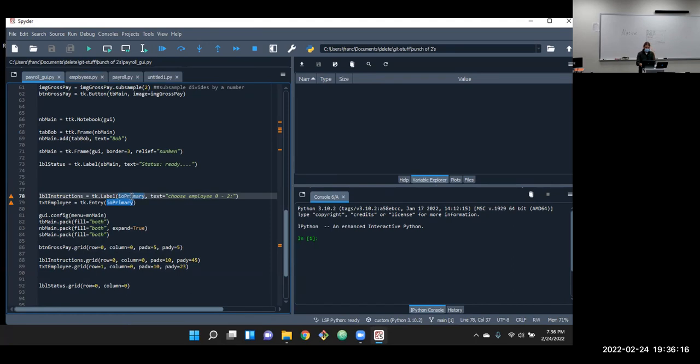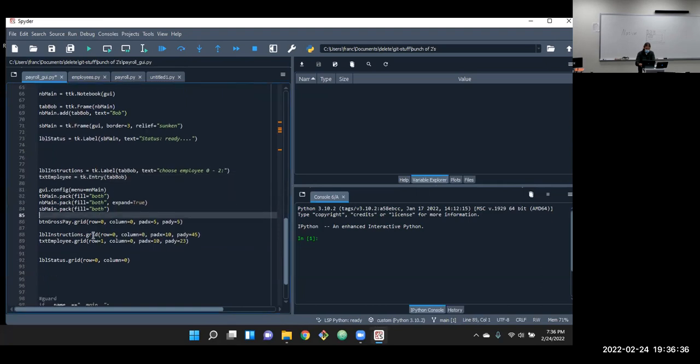Those labels are going to change, but instead of going to the primary IO, they need to go on that tab. What would I call it? Oh, tab Bob. Oops. So now they're going to go into that notebook with the grid instead of the whole background.